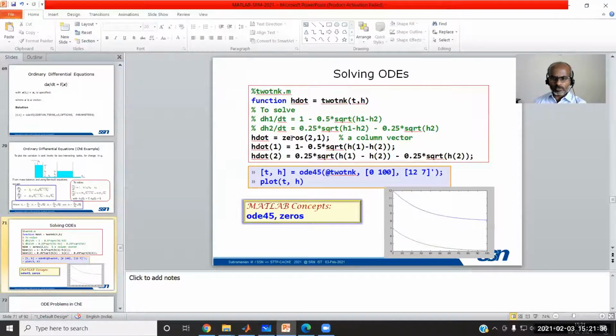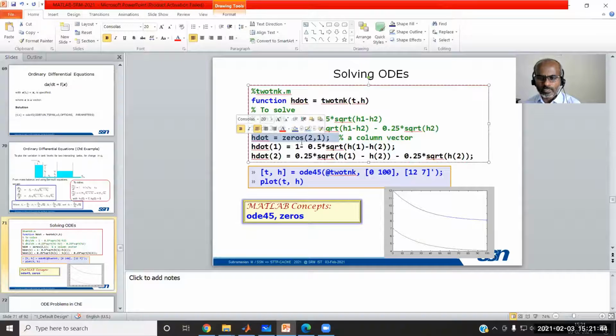We are also specifying an additional statement, what is called h dot. We are specifying how many equations are available. That is specified by h dot equal to zeros of 2, 1.